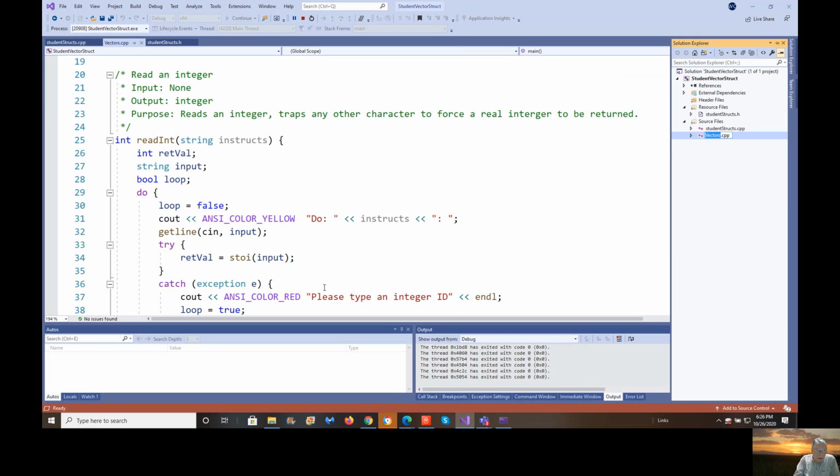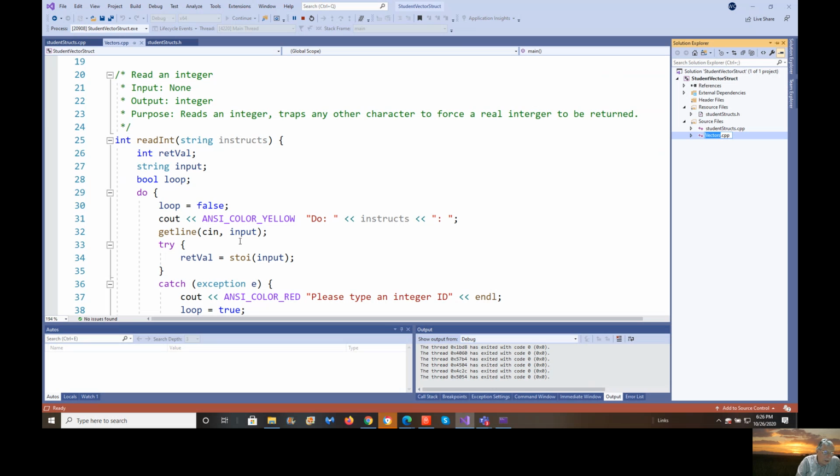I don't have a default for this, but that's okay. If I want to have a default, I could always put it here. And like I did in the other header file, which I showed you, I have the return value. First thing I always do, I make sure that the variable type matches up. In this case, it's an integer. Then I have a string input